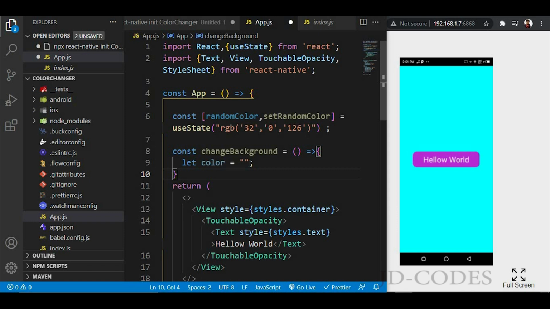So what we should do in this method is we need to create this color dynamically. For example, first I will hard code this color. Okay, here what I will just do is setRandomColor equal to, no, not like that. Here you need to pass this variable. Okay, changeBackgroundColor, setRandomColor, and then